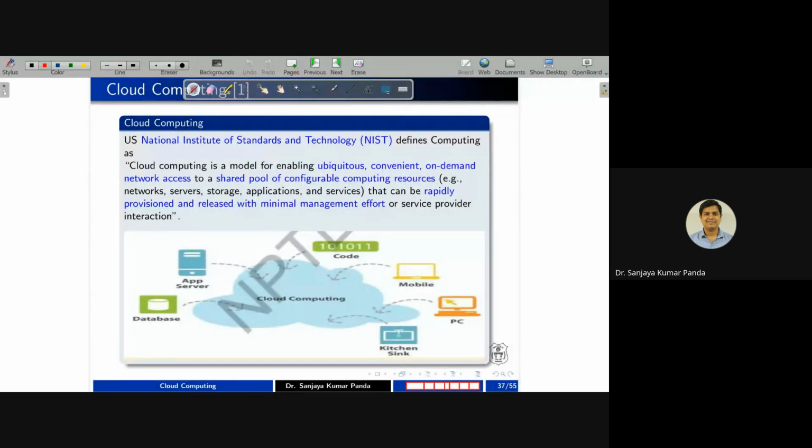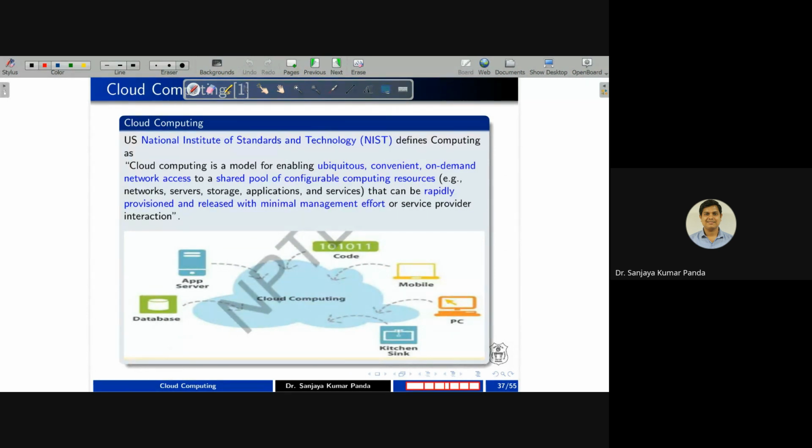Okay, coming to the last part of this talk, I'm now talking about the main technology, that is cloud computing. Whatever we have seen with respect to distributed computing, parallel computing, client-server architecture, peer-to-peer computing, utility computing, cluster and grid computing, more or less the same concepts you can find in cloud computing. There is an organization called NIST, the National Institute of Standards and Technology, US. Generally NIST releases definitions and classifications of a new technology based on its different characteristics.